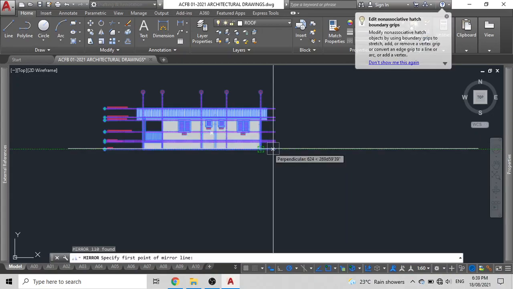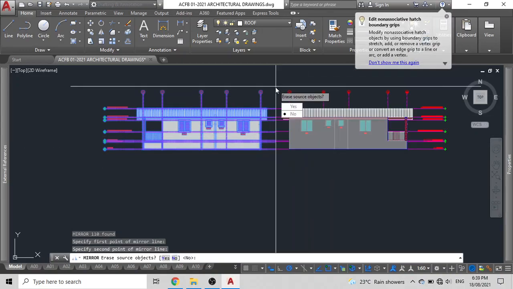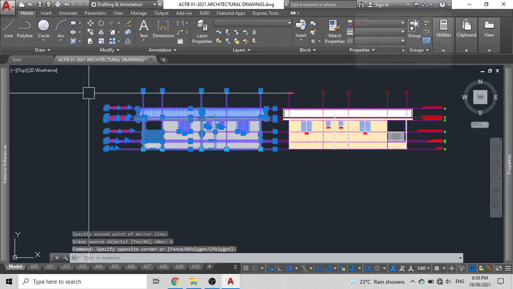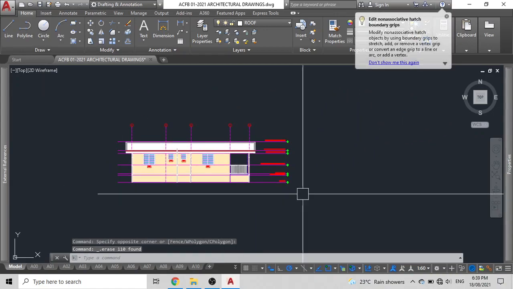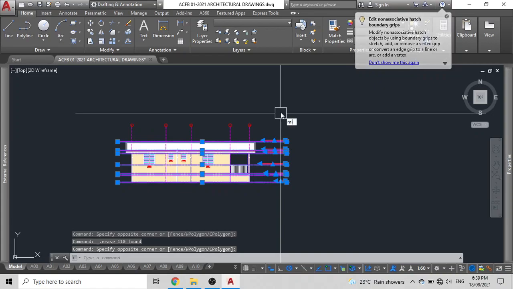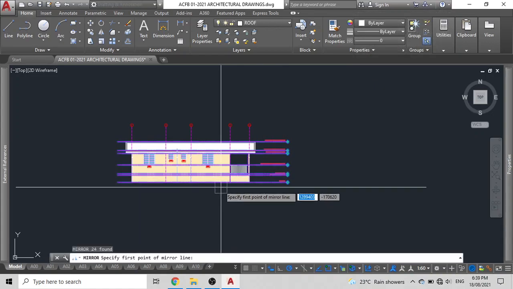So what I'll do is I'll just simply mirror the elevation, and don't worry about the grids. You don't have to mirror them. You just have to mirror your information to this side. Now a cool trick for that is you select everything that you wish to mirror, type MI, press enter, then